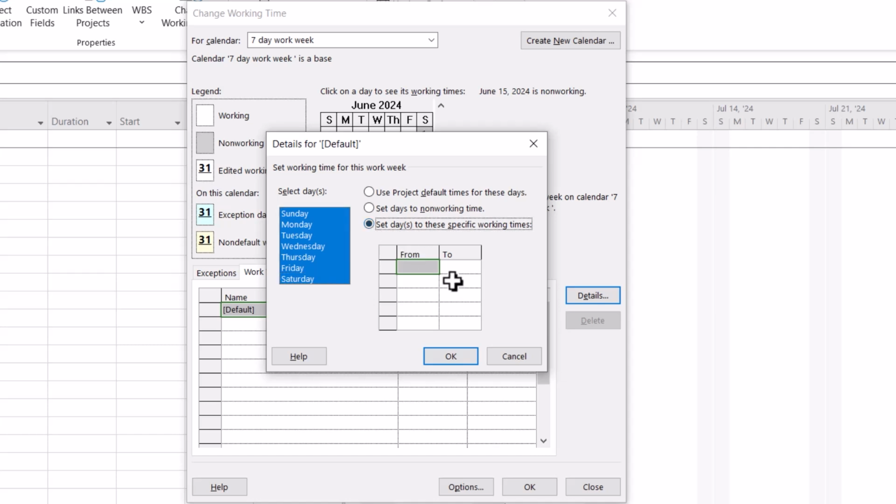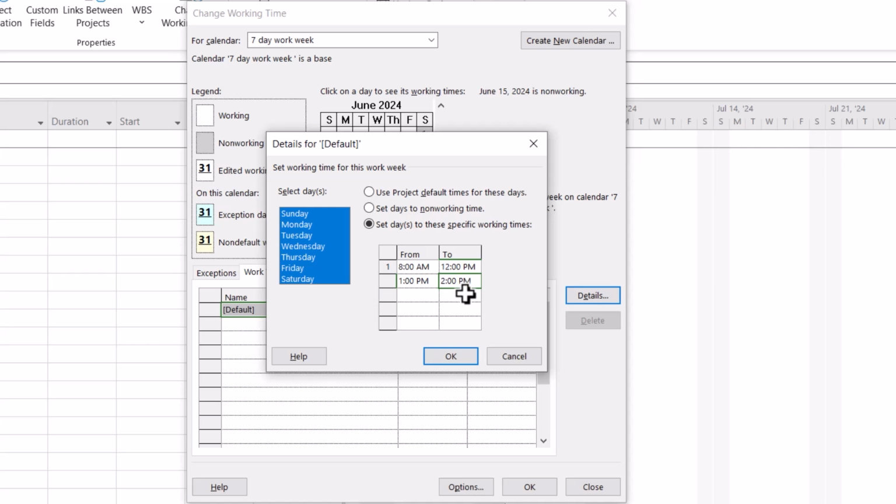Okay, so the site starts, let's say, at 8 a.m. If your site starts earlier than this, let's say 7 a.m. or 6 a.m., you can input these values. Normally in the hotter areas, the sites start early, and during the afternoon they take a break, and they again start working in the evening. So if this is the case, you have have to input the realistic values over here. So I'll start from 8, and 8 to, let's say, 12, 4 hours. Then it's a 1 hour break from 12 to 1, and from 1 to, let's say,